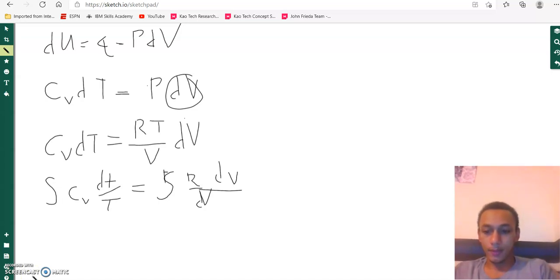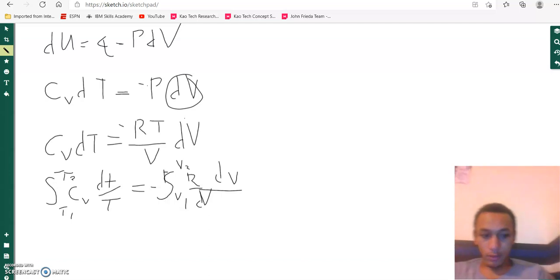And then this needs a negative in the front. Negative, I forgot that. So this will be from some temperature, T1 to T2. This will be some volume, V1 to V2. We integrate it, and we'll get